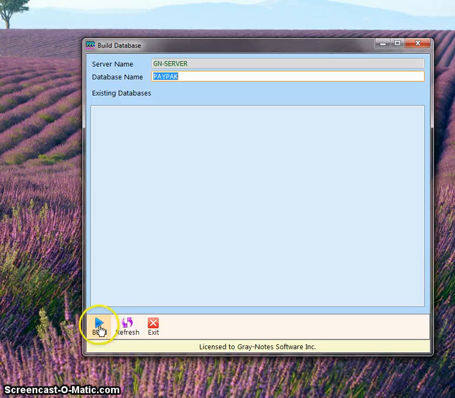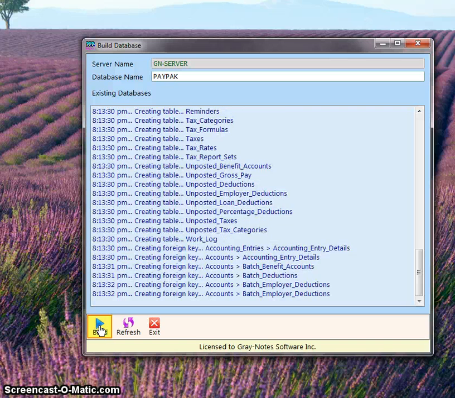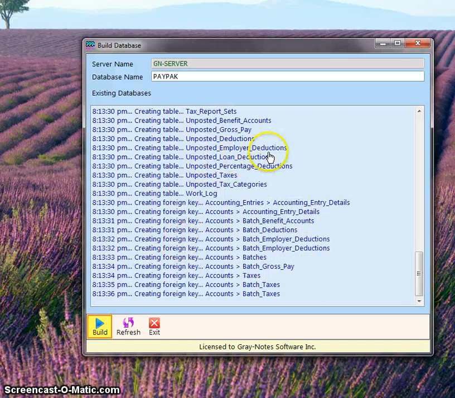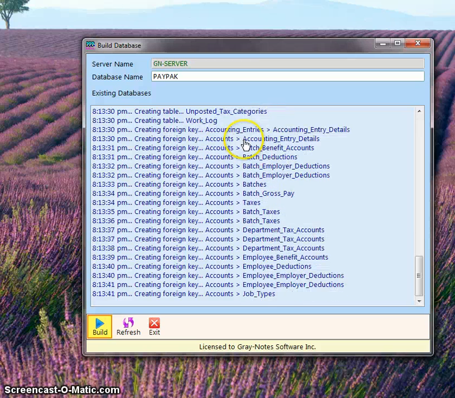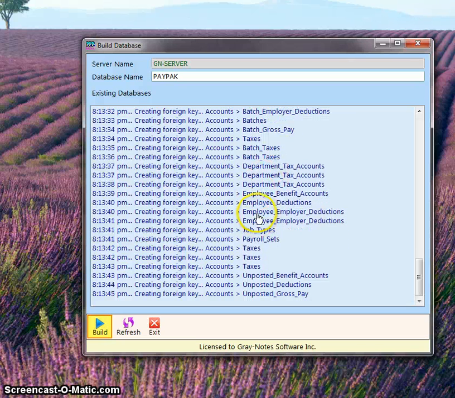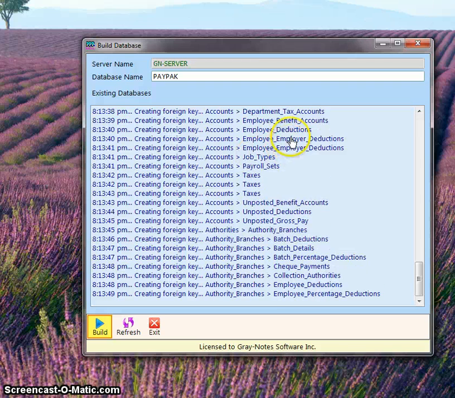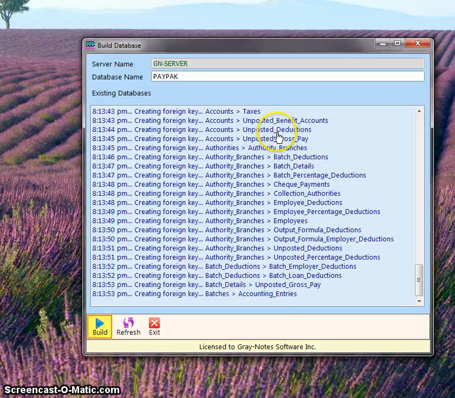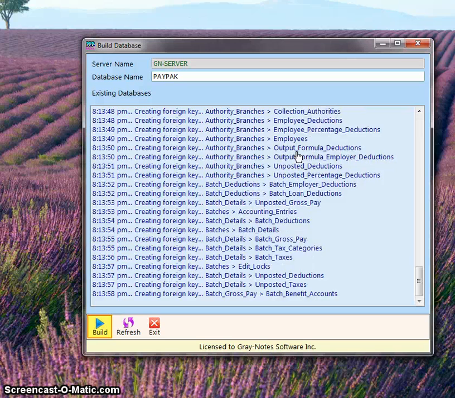Let's click on build and have a look through this. See, it flies through really fast, then it slows down as we're doing the foreign keys. Notice the names, they have the underscore in there. I want to change that. I'll take this out and replace it so that instead of, say, employee underscore deductions, it would be employee space deductions. So we'll run a little function and give that a nice user-friendly, English reading name for users to understand,